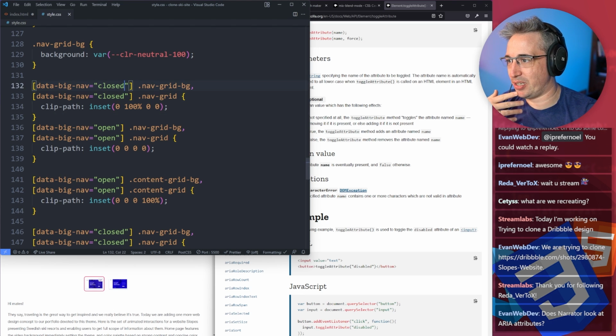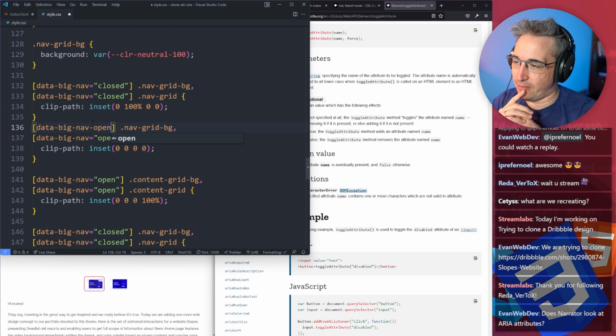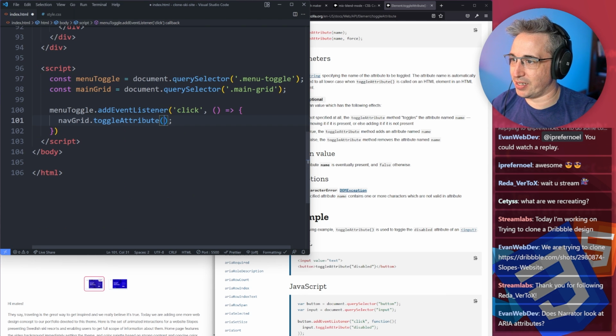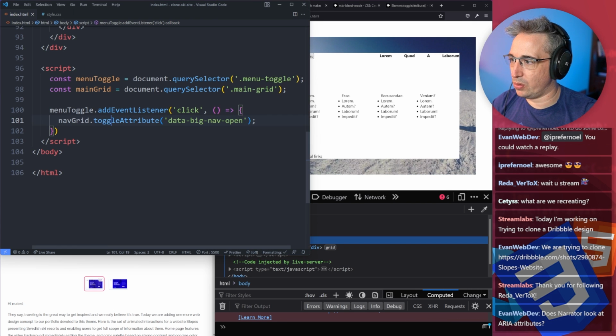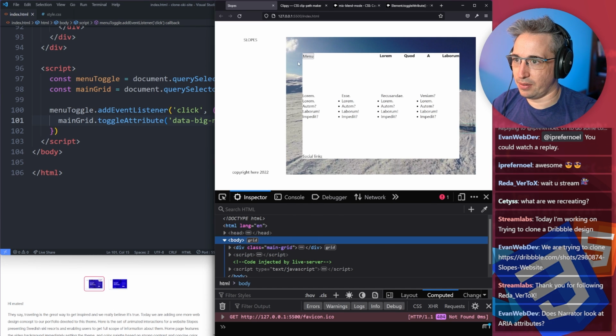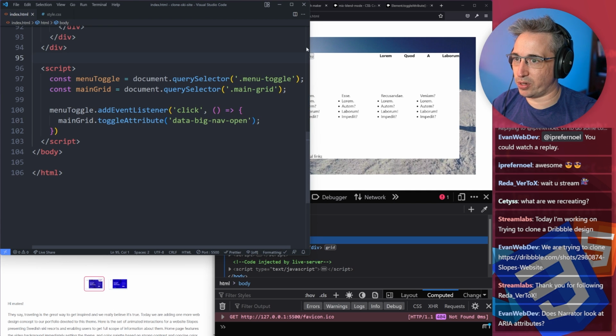I sort of want to have the opening closed. I could have it just be data big nav open, like this. Yeah, we could do that. We could do that, right? So let's just, one second. Data big nav open. So if we look here at my main grid, it goes open and then we remove it. Okay, so if that's working,